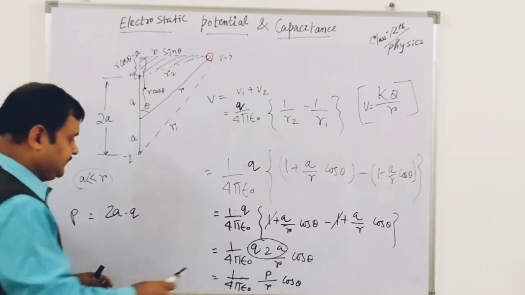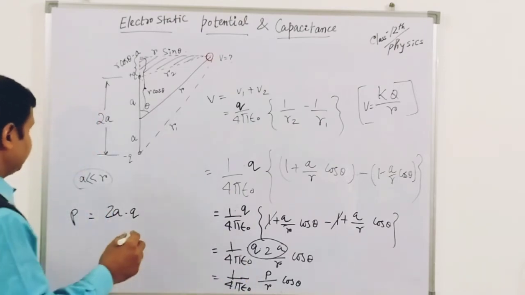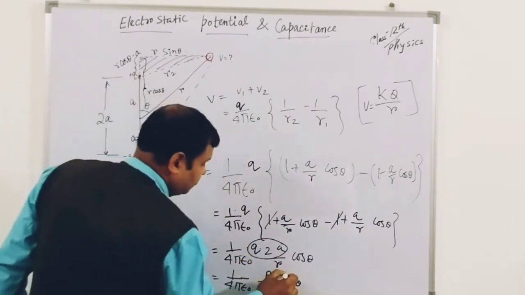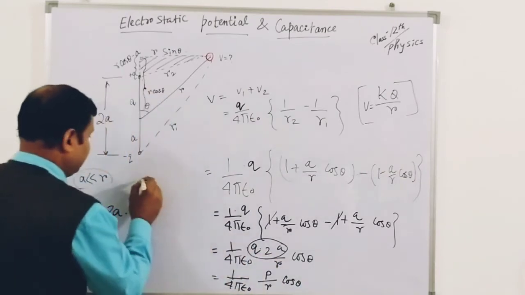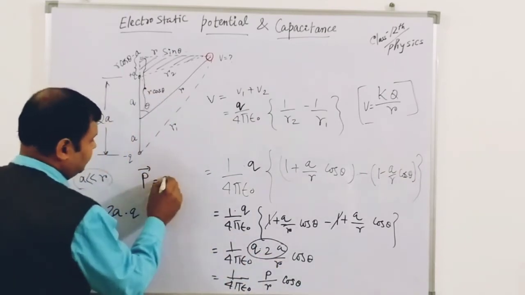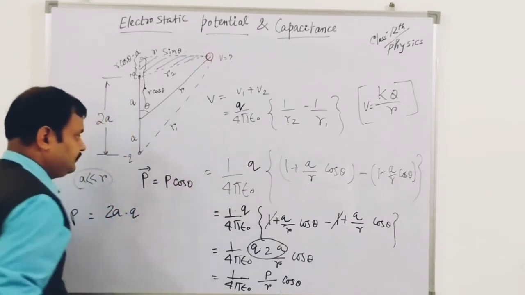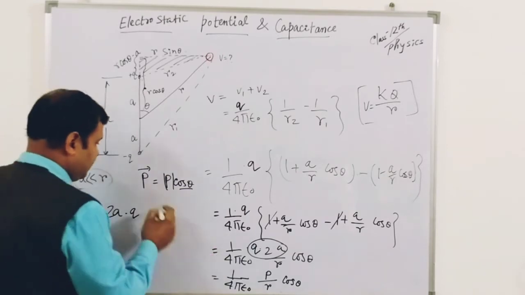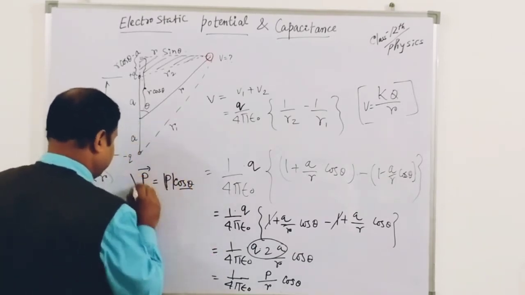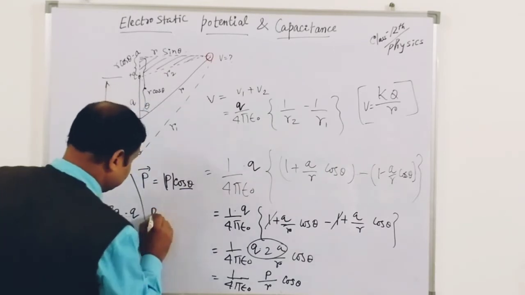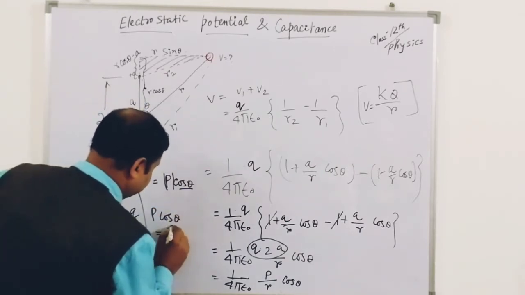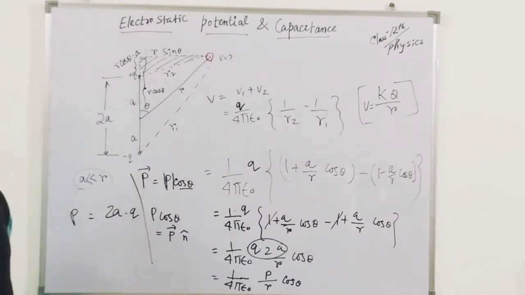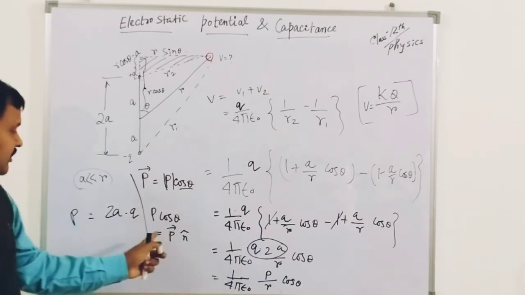Okay, dipole moment. You see, the dipole moment. Now P cos theta is taking care of the vector value. As you know, the vector P is equal to the magnitude of P times the direction. So P cos theta is nothing but the vector P dotted with n cap, the direction of the dipole moment.